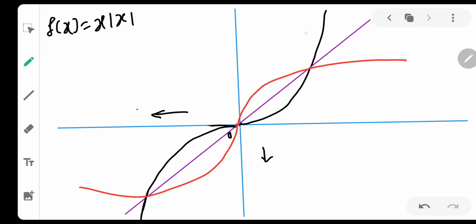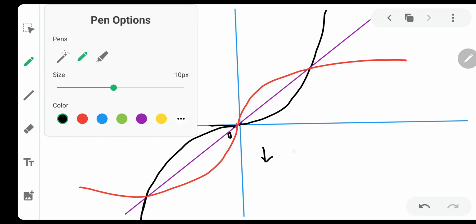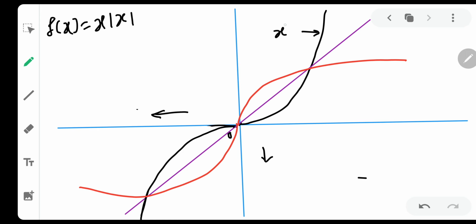The first curve is nothing but y equal to f(x), this particular part, x square. So definitely this particular part will be equal to root x. And over here you have y equal to minus x square. But this particular part will be root of, but inside the root you cannot take a negative value, and over here x is negative. So what you will do, you will put a negative sign, root of mod x. But still the values of x are negative, hence you will have to put a negative sign.